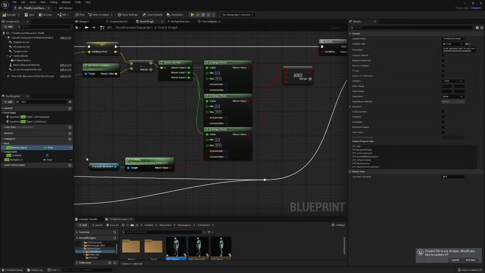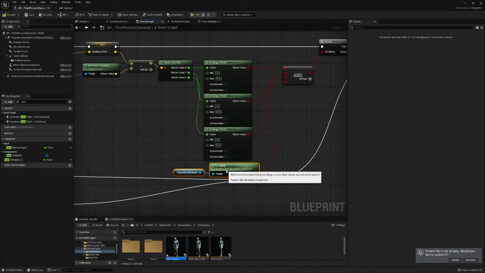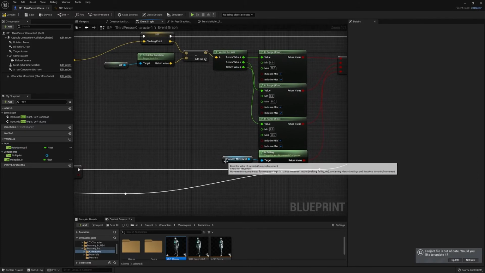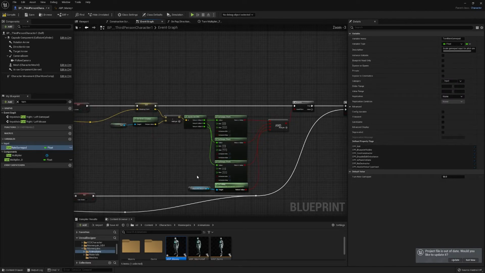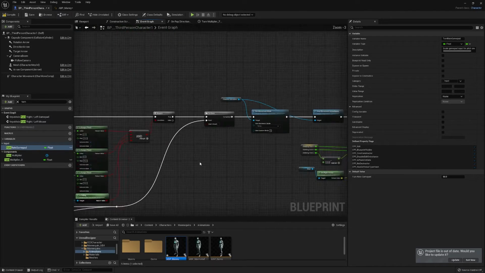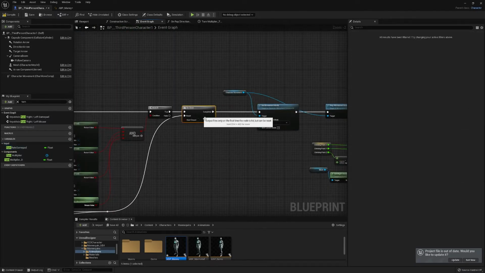So that's the first bug. And then the next thing we want to do is increase this to 70. I found this is a little bit too low. But now